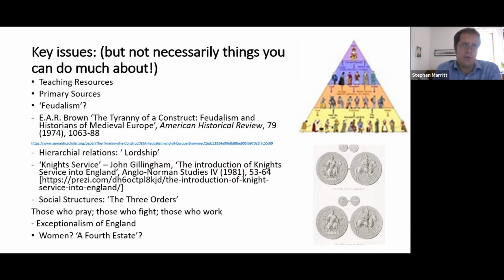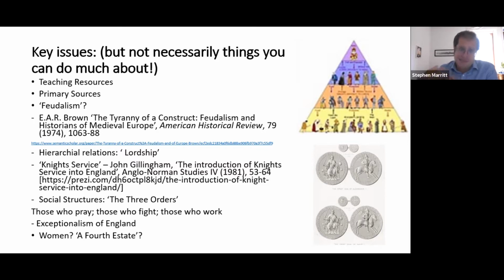If you were to ask what the medieval thinkers thought about the structure of their society, they would talk about the 3 orders: those who pray, the same guys who were writing, the thinkers, the priests, the monks; those who fight, the aristocracy, and the kings. And note, in this model, the king is in the middle; and those who work. That's the way they would have thought about it, not about feudalism. The other problem with feudalism, the really big problem with feudalism, is there are no women in feudalism.